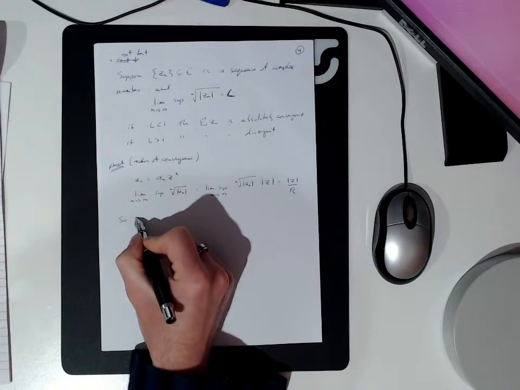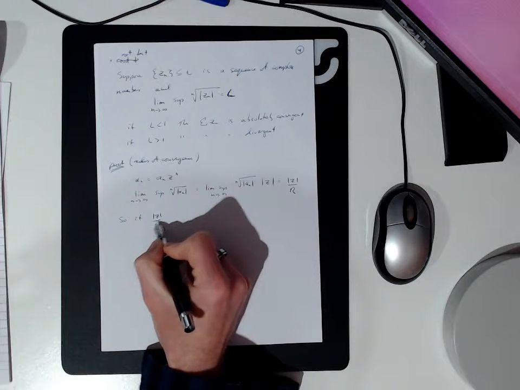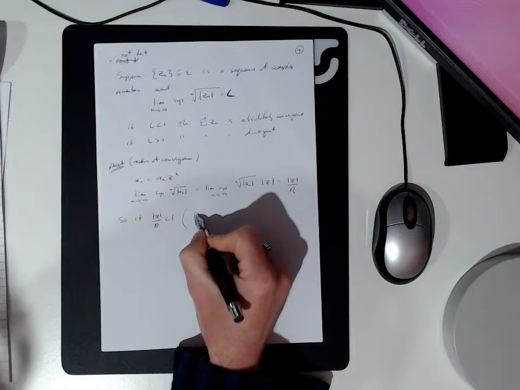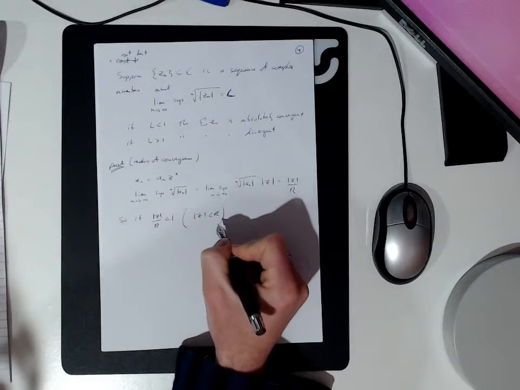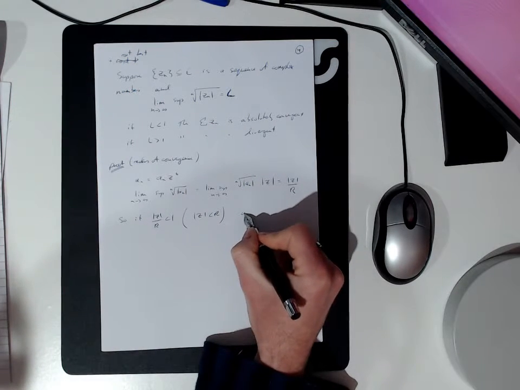So if |z| < r, which can be rewritten as, surprise, we get absolute convergence,